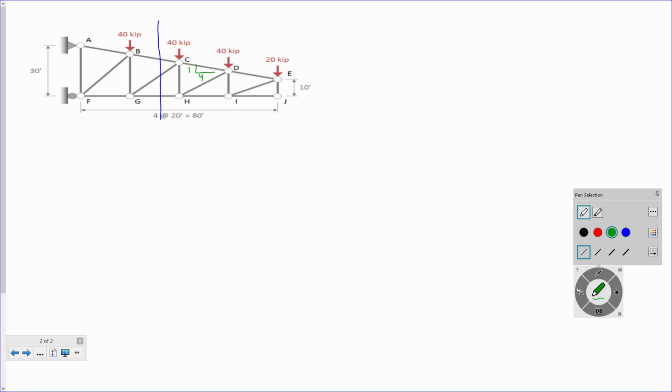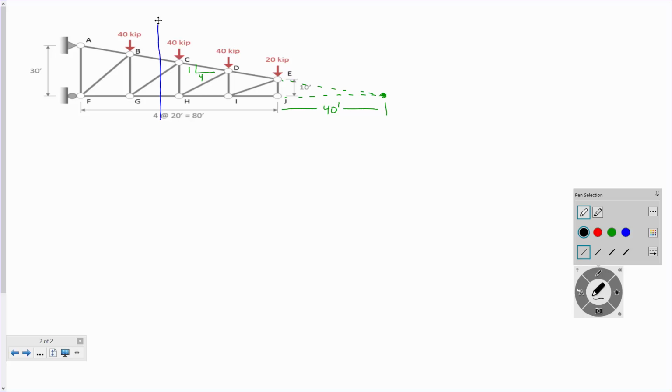Okay, so this distance here is 10 feet, right? Okay, so if I erase this and I draw a line, I have my pen. There we go. If I draw a line out here to where these 2 points intersect, would you agree that that distance is going to be 40 feet? Because if I drop 10 feet, I got to go out 40 feet. Okay? So if I cut a section,